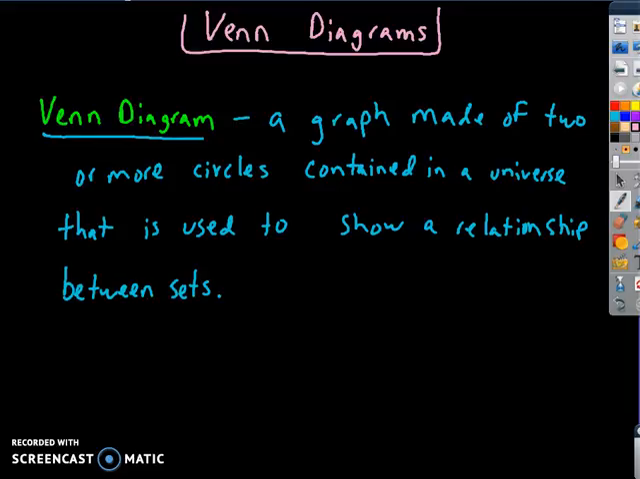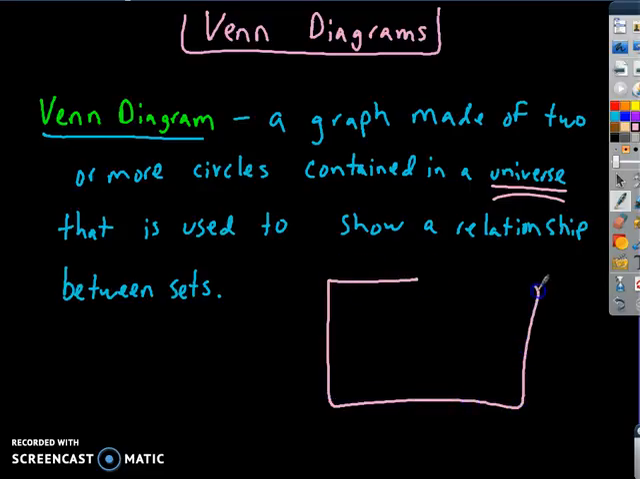Alright, so this video is about Venn diagrams. First of all, a Venn diagram is a graph made of two or more circles contained in a universe that is used to show relationships between sets. A universe, let's talk about what that means. Basically, if I created this box here, this box would be my universe. It's all the data I have, and this is what we're saying all the data in the world is,